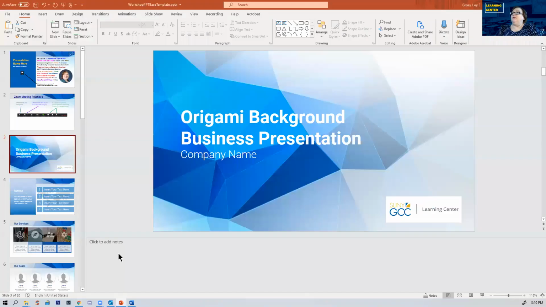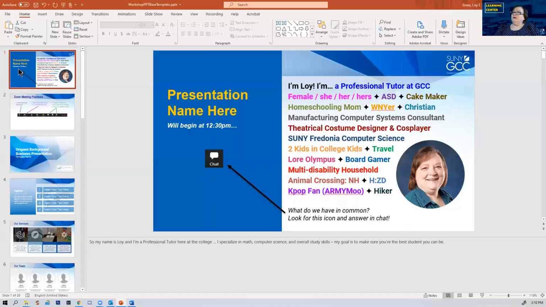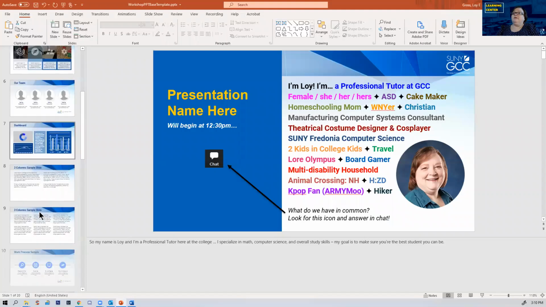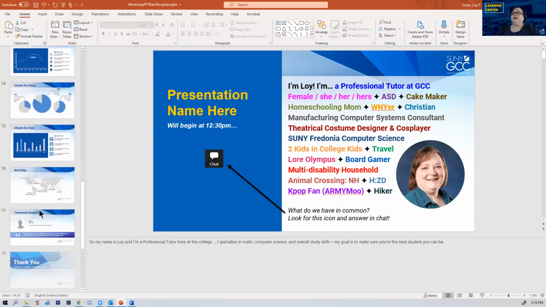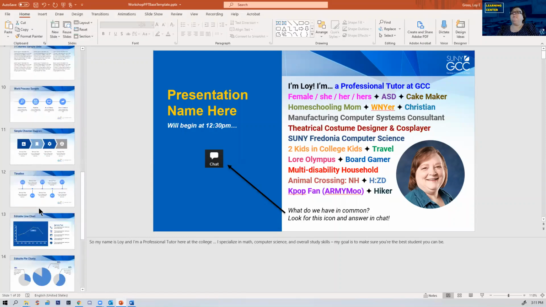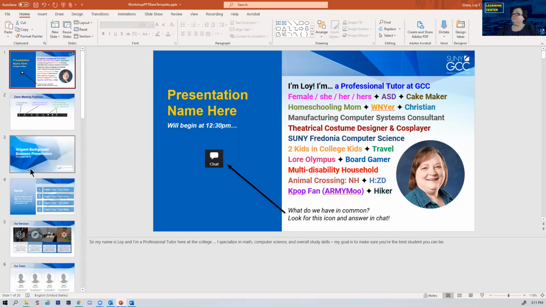Now we're ready to jump into PowerPoint. And here's a template that I use rather frequently. I've actually put my name on the beginning of it and saved this template so that I can continue to use it repeatedly. As you look down over on the left, you can see there are all different kinds of formats of slides that have been provided for me. So I can choose the one that best fits my needs.